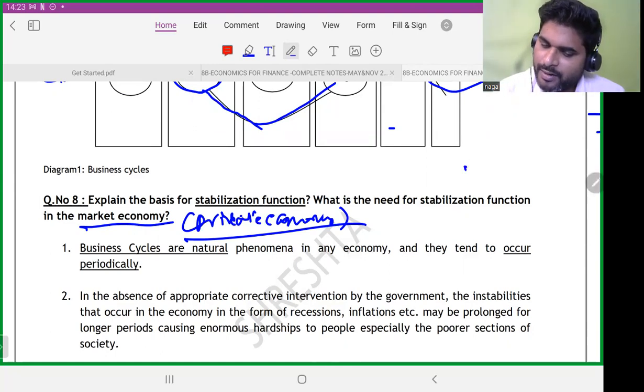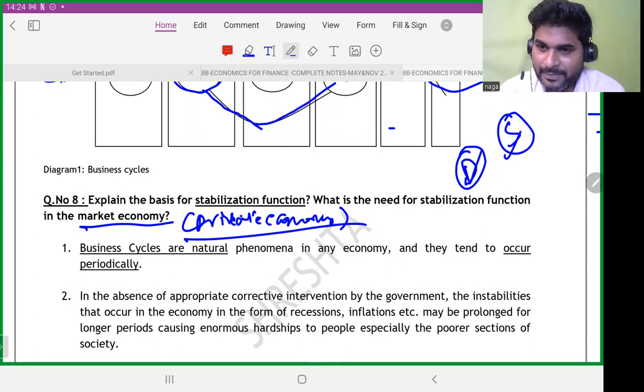Market forces are vitamin D and vitamin S, demand and supply. These determine, if there is no demand for the pen, the manufacturer will not produce pens. They'll produce something else, right? Now there are different types of pens that have come, so they'll produce the electric one or some other pen. It depends on the trend, depends on the market requirement, that people produce, right? That's called a market economy. So what is the need for government involvement in a stabilization function?